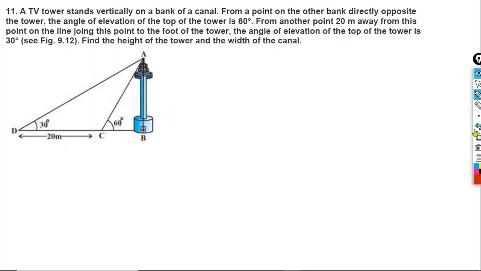So you have to first write, let AB be the height of the tower, BC be the width of the canal, and CD is 20 meter. This is given to us. So we will move to the solution part. Here tan 60 we can find. Let's write